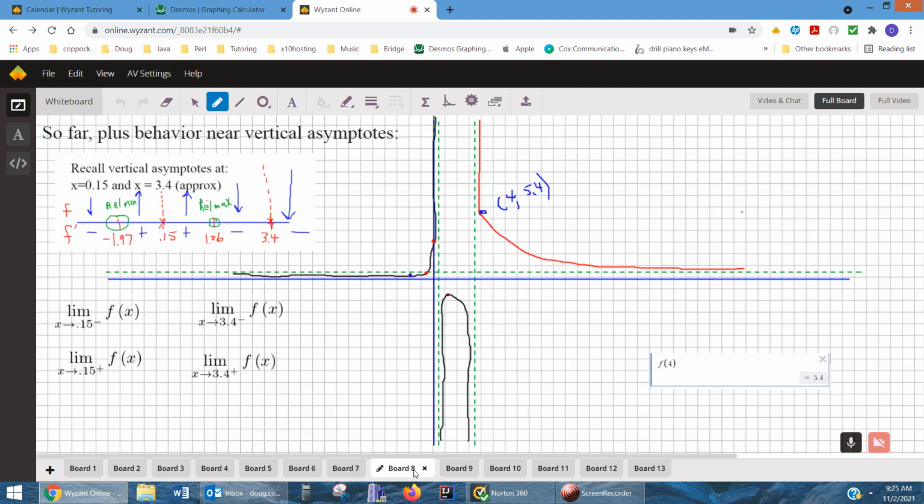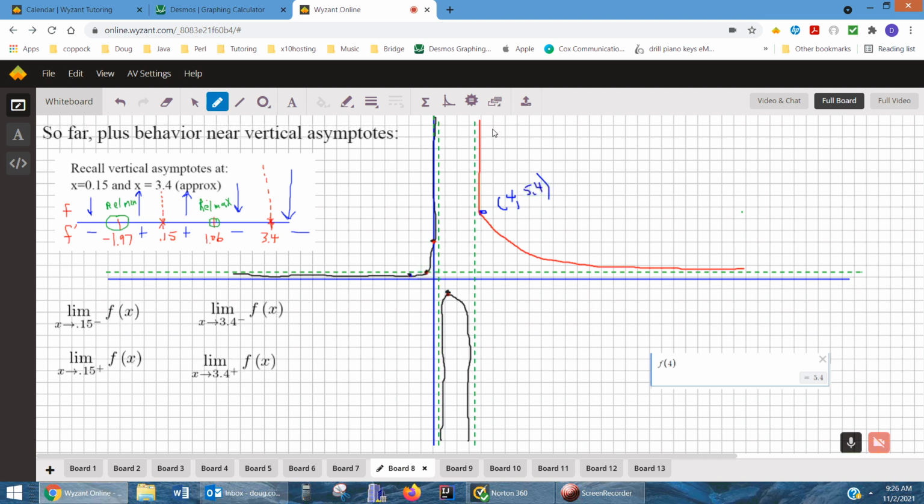Okay, so let's see what we've got so far. Here's the y-intercept. Here is the point where the graph crosses its horizontal asymptote. Here's a relative minimum. That means this function is coming down to here, and that's the lowest it ever gets in the neighborhood of that point. And we'll talk about behavior at the vertical asymptotes in a minute. Here's the relative maximum,